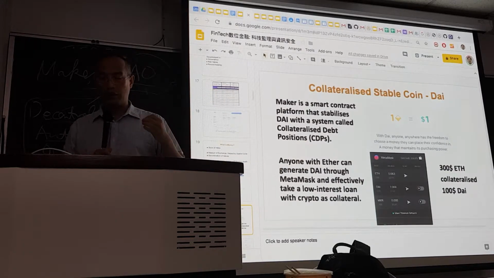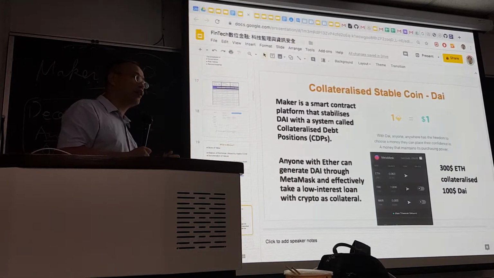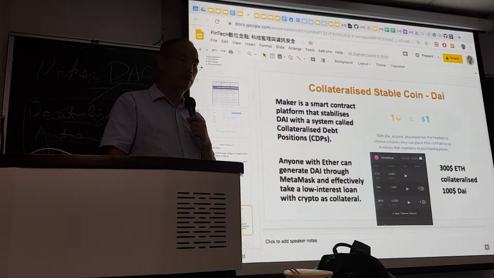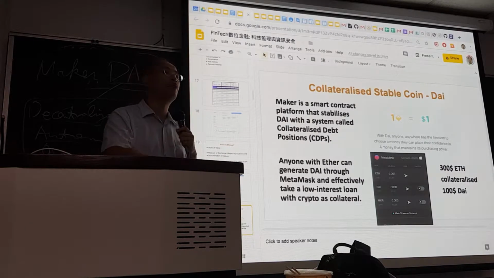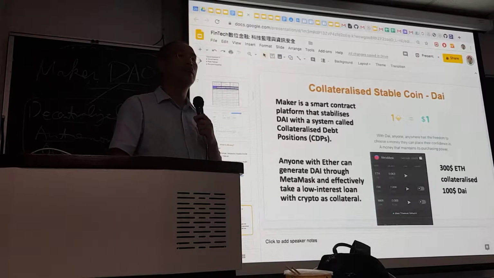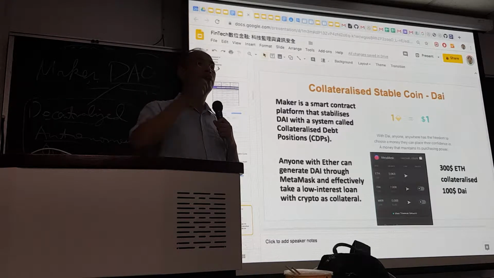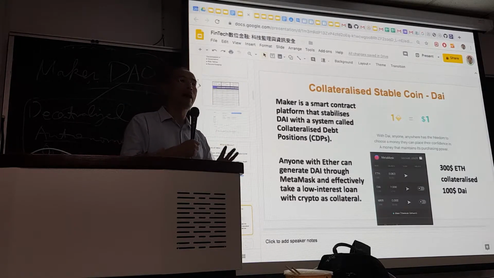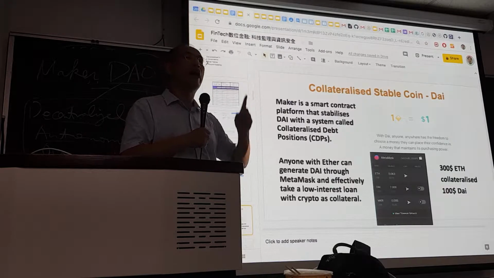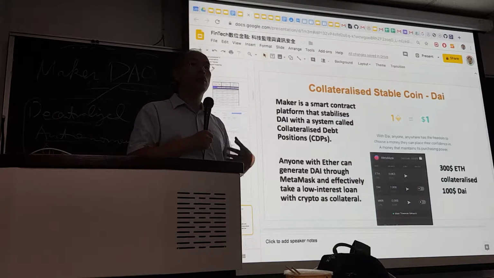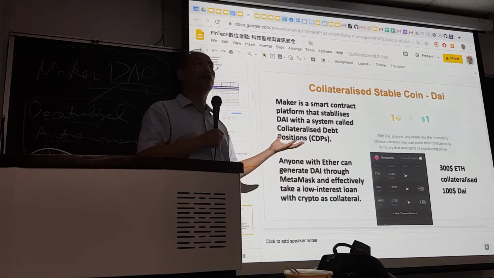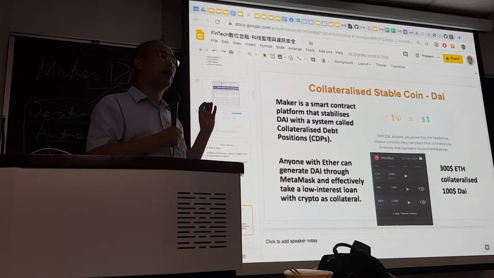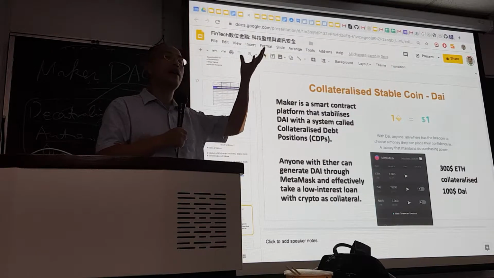So how does it work? In terms of a collateralized position, let's make it simple. Say I have 10 ethers. When I have 10 ethers, I don't want to sell them because recently, if you look at the coin market cap, ether pricing has been going up, right? It's appreciating. So I don't want to sell it. I don't want my ethers to sit idle there. So I just put these 10 ethers in the smart contracts.